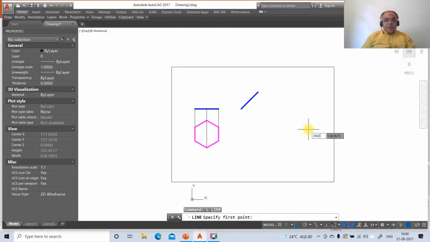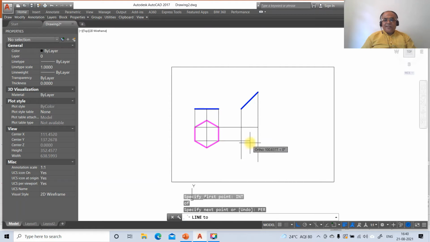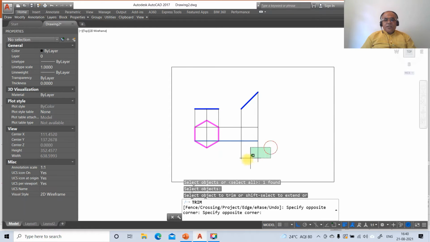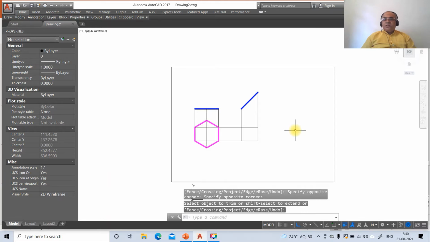So the line is, take end point and draw a horizontal line, and from here take end point of this and draw a horizontal line. Then go to line, take INT of this and draw a perpendicular to this. Then go to line, take INT of this and draw a perpendicular to this line. Then go to trim, select this as the cutting edge and this as the object to trim.